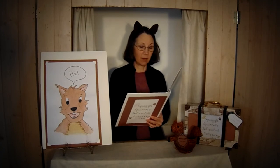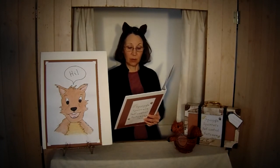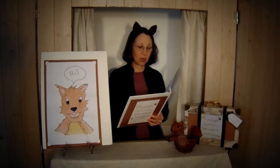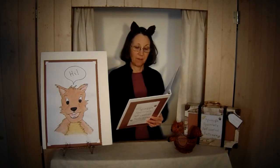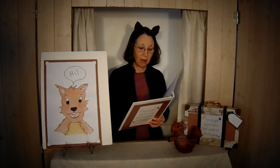When his brother darted by, Squiggle refrained from pulling his tail, keeping his hands to himself. Instead of getting into a fight, the two played a game of catch the hazelnut. Later, Squiggle used his hands to help his little cousin jump to a higher branch. He even remembered to raise his hand to answer questions at Squirrel Valley School, rather than